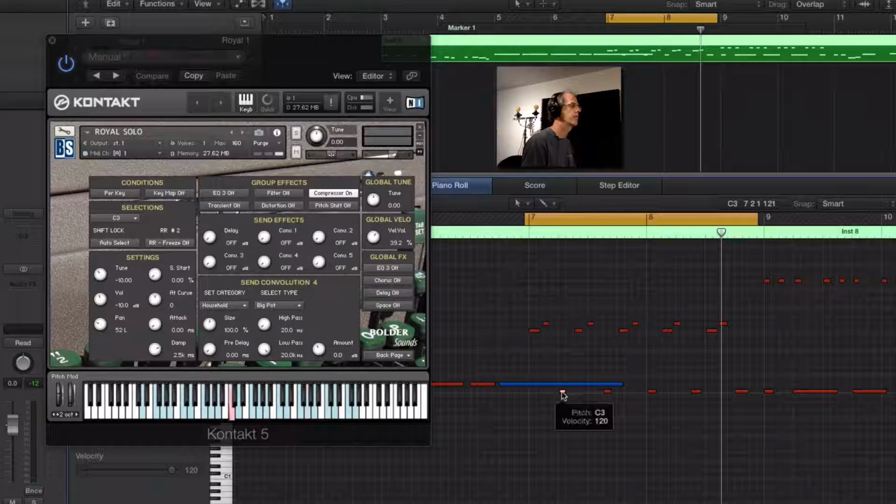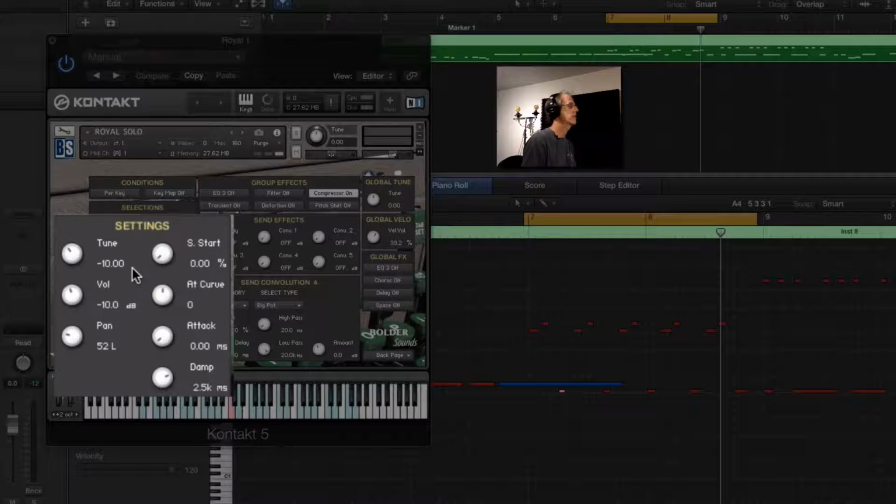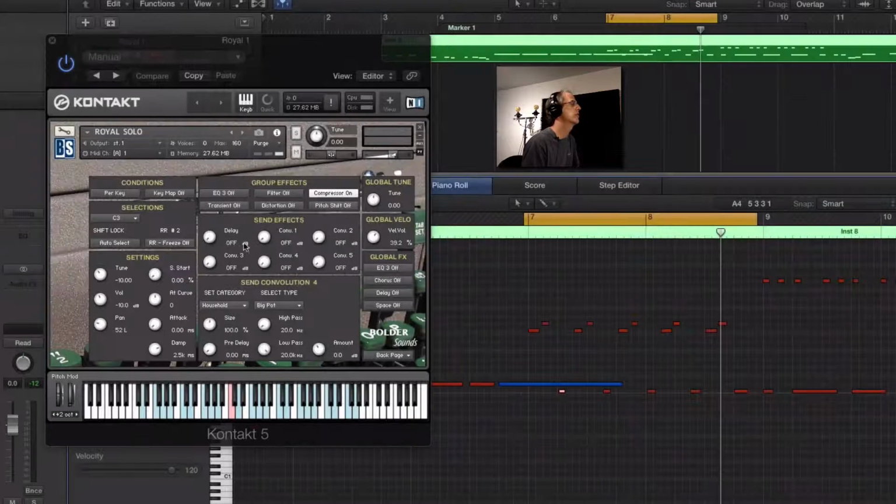What about this down here? What is this? That's a shift lock. It's tuned down minus 10 semitones. Volume is dropped a little bit. It's using a compressor. Okay, so there's no IR effect there. So when we put all that together,